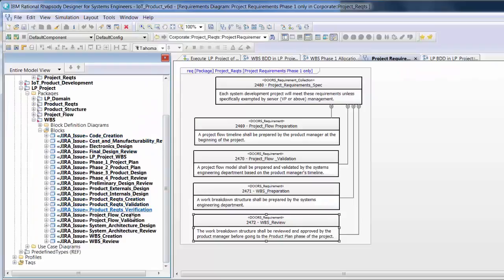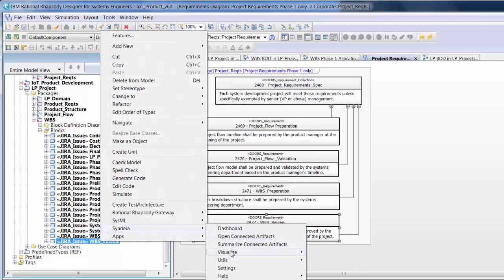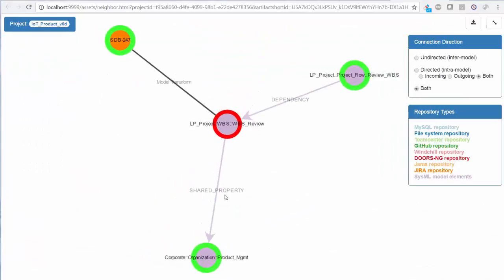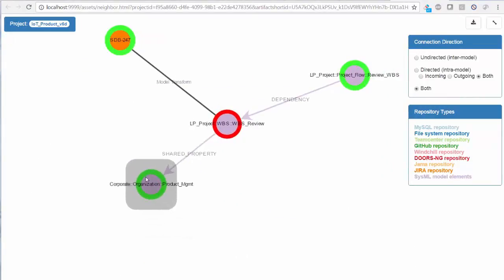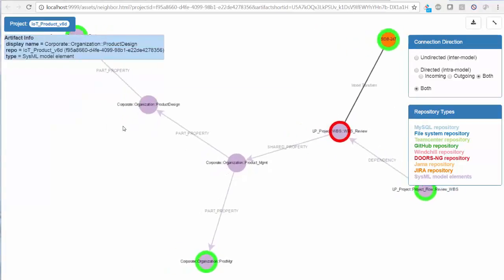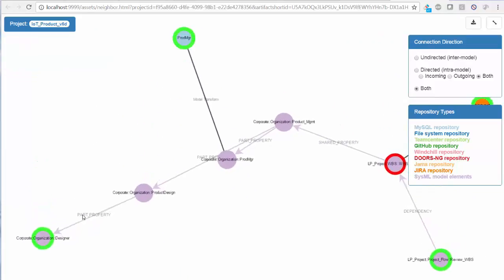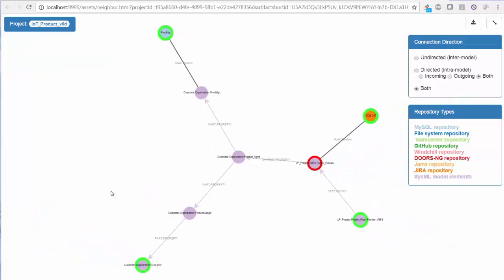We can also launch views of the graph from a specific element. Here we invoke Syndeia from the WBS Review task block in Rhapsody. The new view shows the connections to the nearest neighbors, the project management organization, a JIRA issue, and a project activity. Expanding project management further, we see the details of the organization and its connections to the MySQL table, where